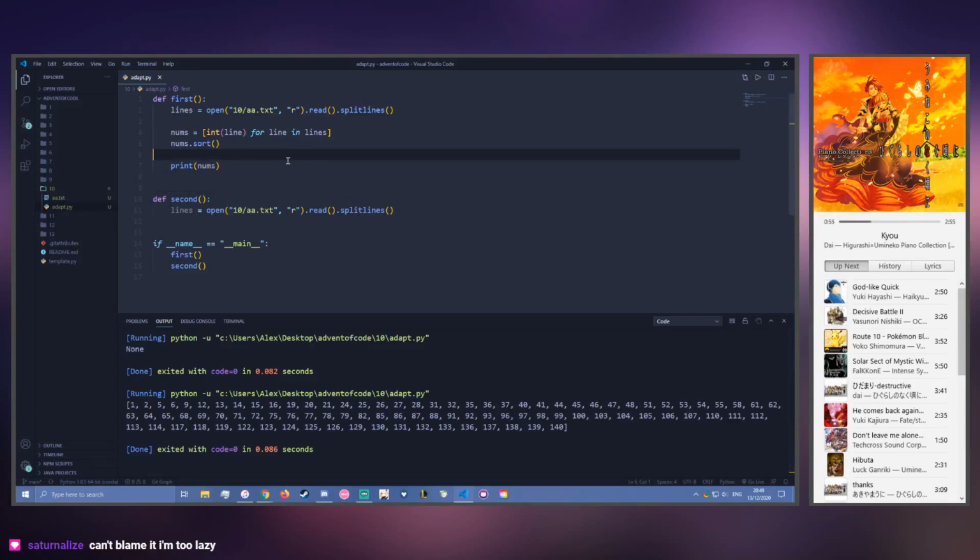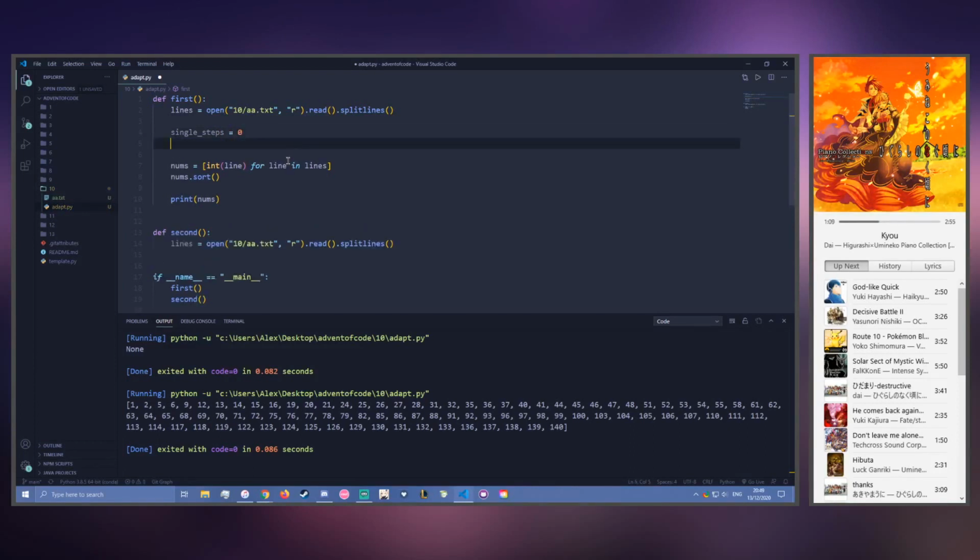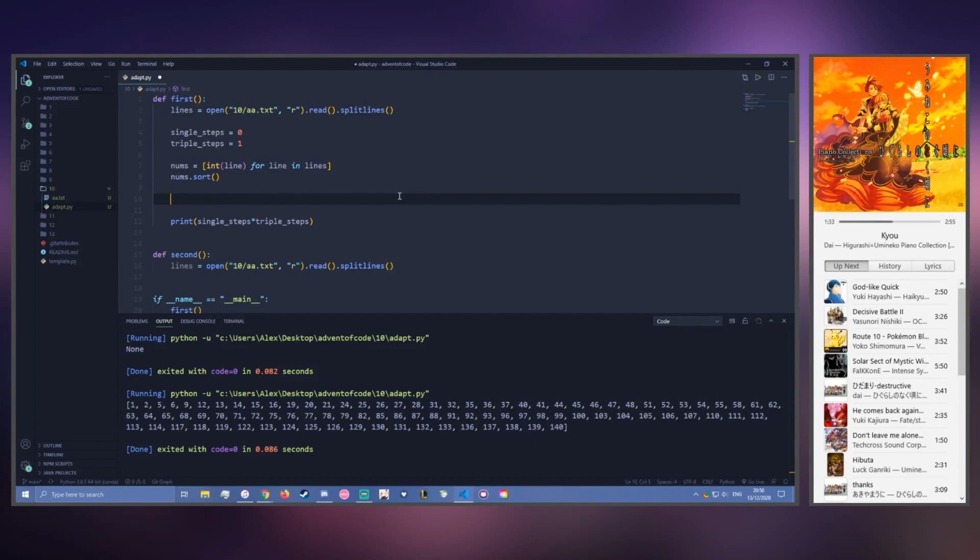So after this, we essentially need single steps, triple steps. There's always one because we have the last one, right? And here we would want to print single steps times triple steps. So what we now can do is essentially, we start at 0, so for